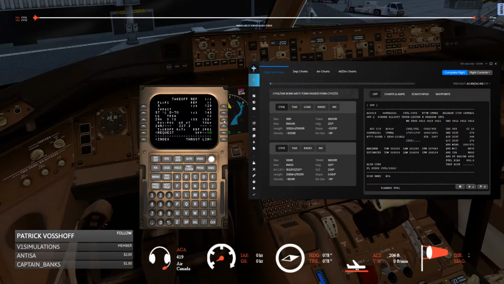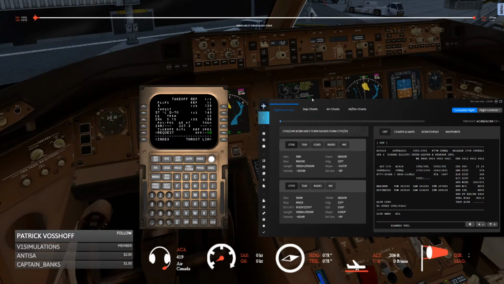We're going to turn the speeds on. That gives us a final V2 of 152. Now I'm going to tell you guys, this aircraft is really dated, and the takeoff, the VNAV climb and descent is absolutely terrible. But I found ways to kind of work around it, and hopefully we'll be able to have a pleasant